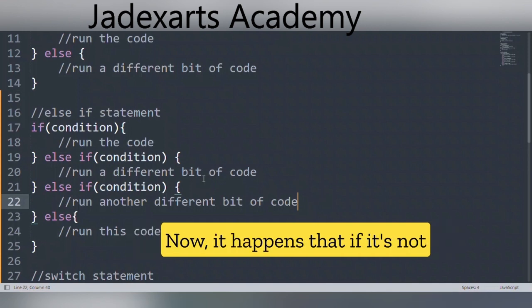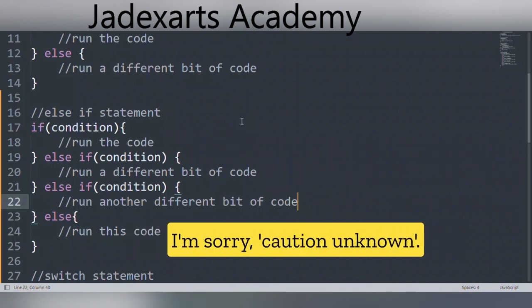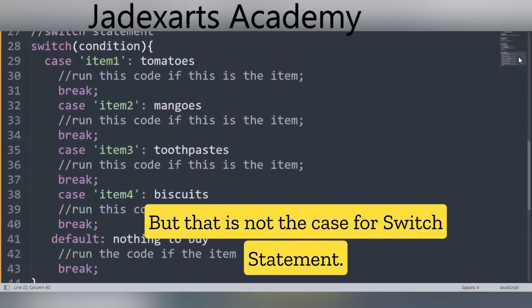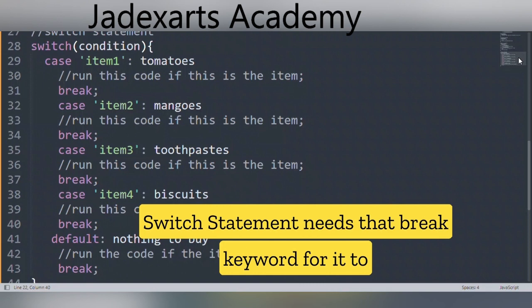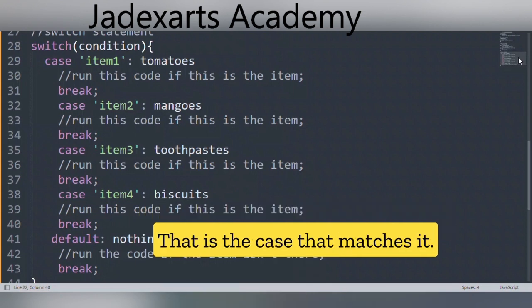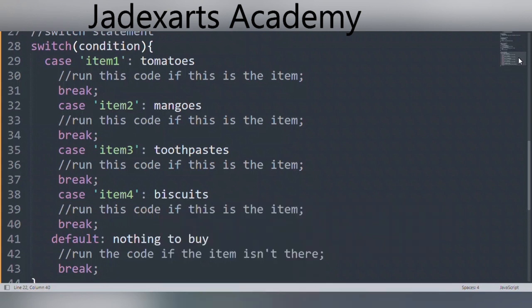If it's not yellow, it will tell you, "I'm sorry, caution unknown." But that is not the case for the switch statement. The switch statement needs the break keyword to be able to execute only one block of code, the case that matches it.